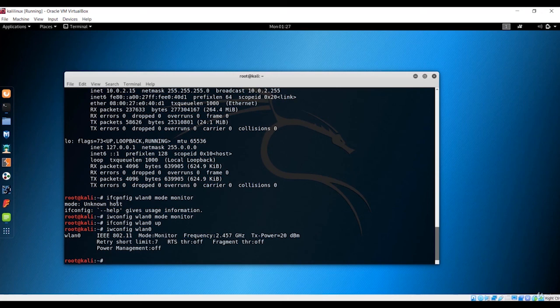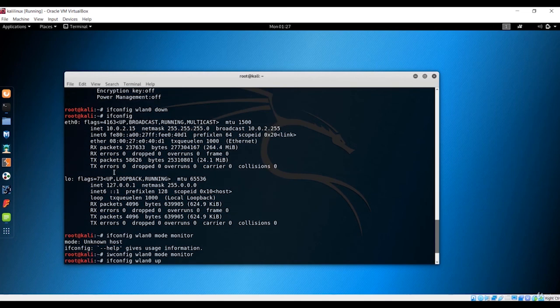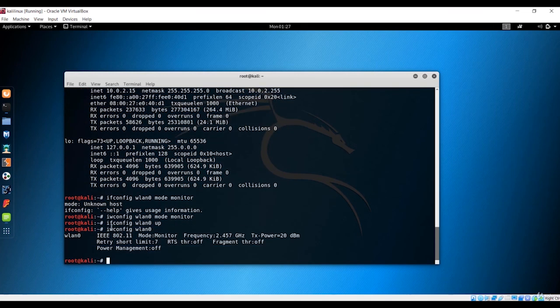First we used this command to remove our wlan0 interface. Next we used the iwconfig command to change the mode to monitor. We brought the network interface back up with this command, and after that we can see that wlan0 is in monitor mode.